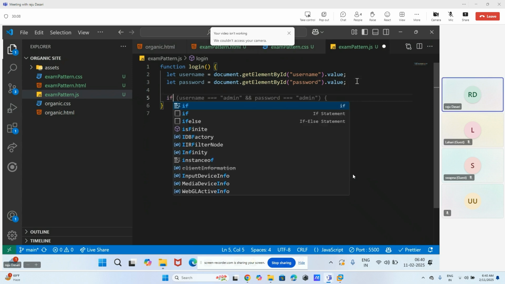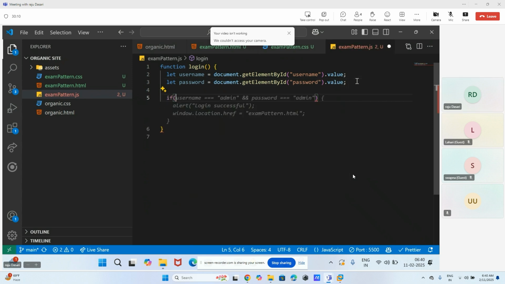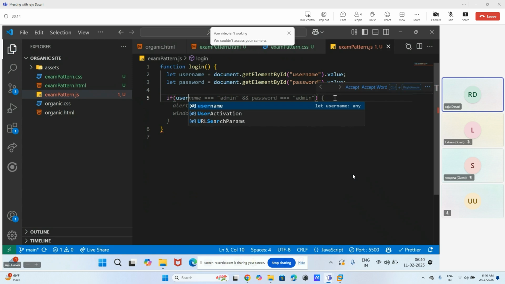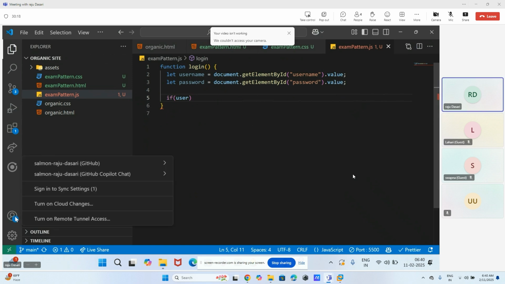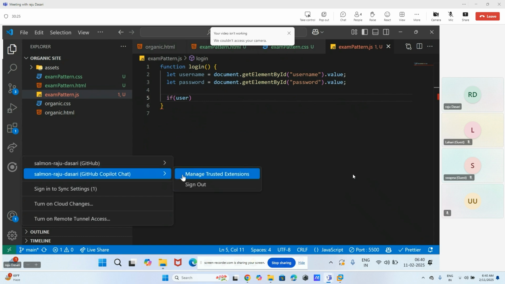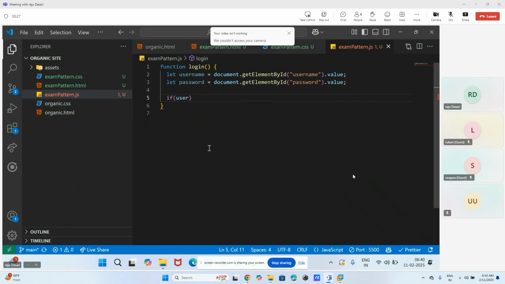And next, if username is equal to admin, predictions are the